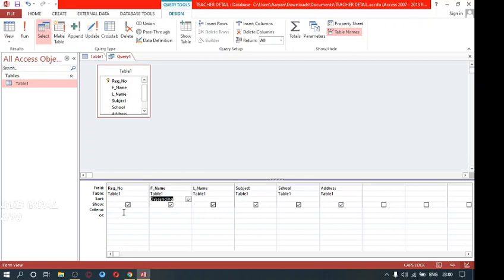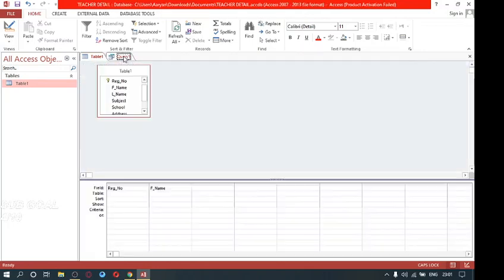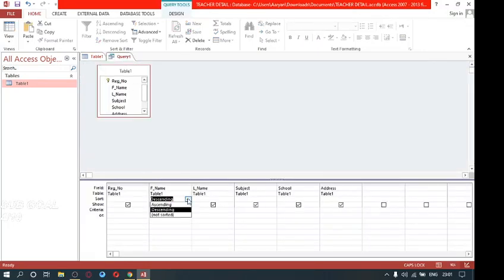Then next is criteria. Okay, now criteria. Come back to your table. What criteria do you want to give? Suppose I see, yes, subject. This is interesting. I can see here there are two teachers of science. I will give the criteria. I'll just ask the computer to give me only the science teachers' records. The rest will disappear. So what I'll do, criteria, I will just remove this or let it be.